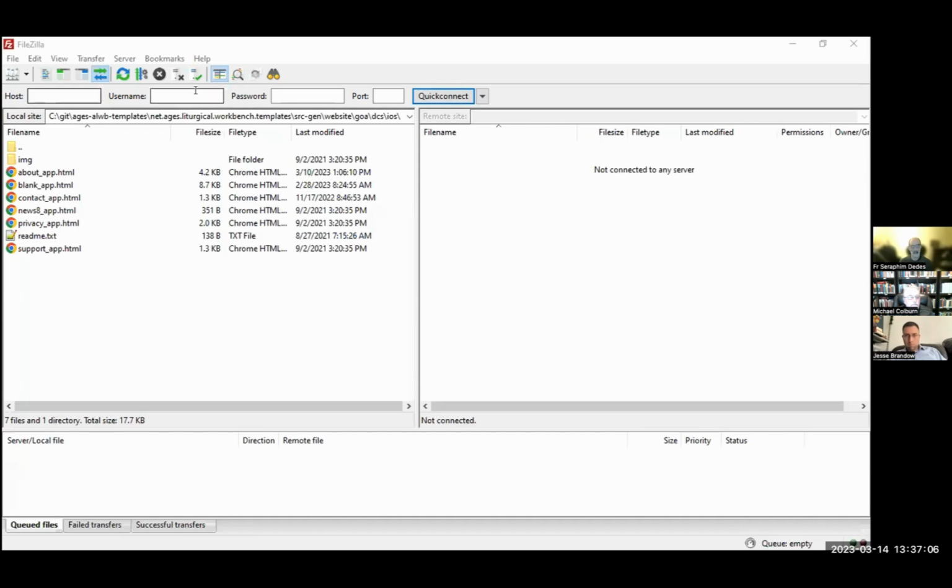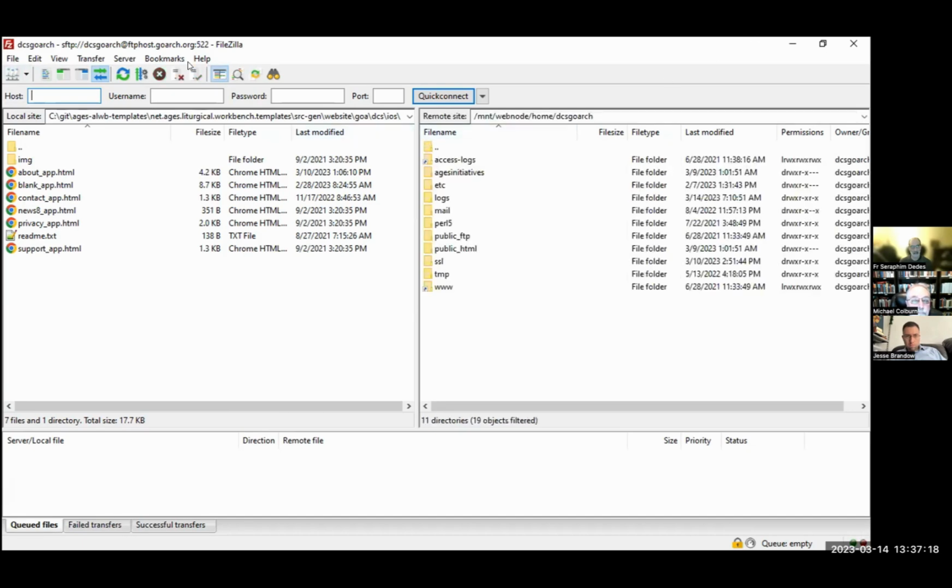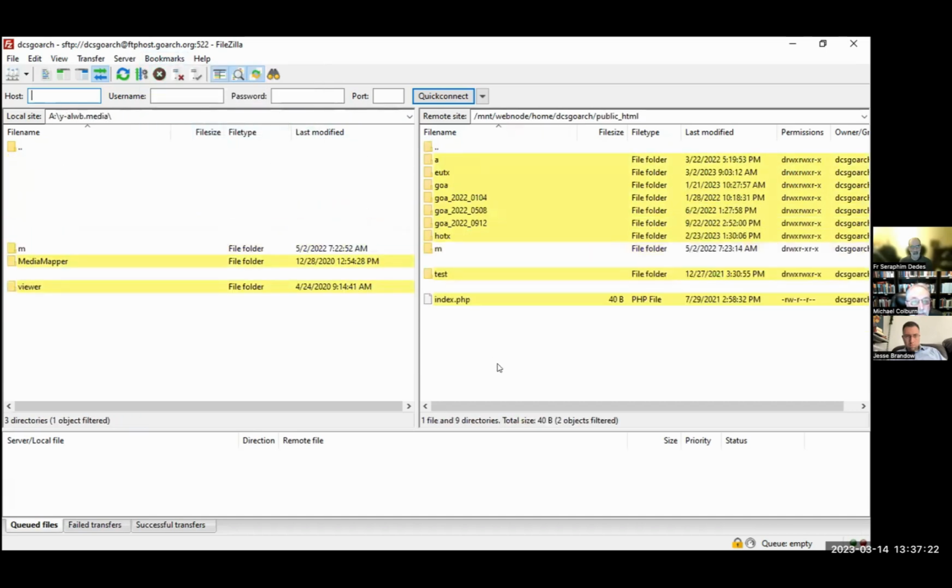So to get an idea of what that is, I'm going to share a view of, so here's FileZilla. Do you see that? And I'm going to go to the, okay, so here's